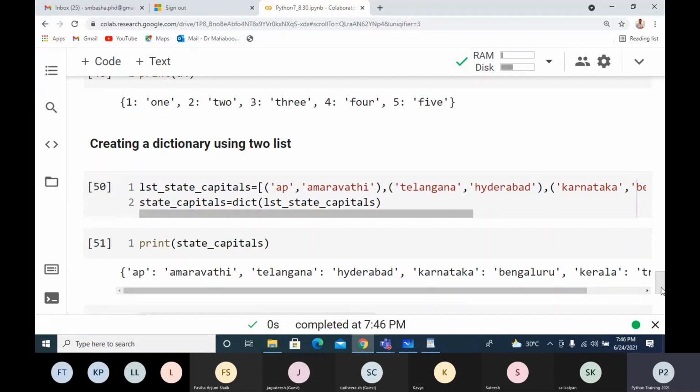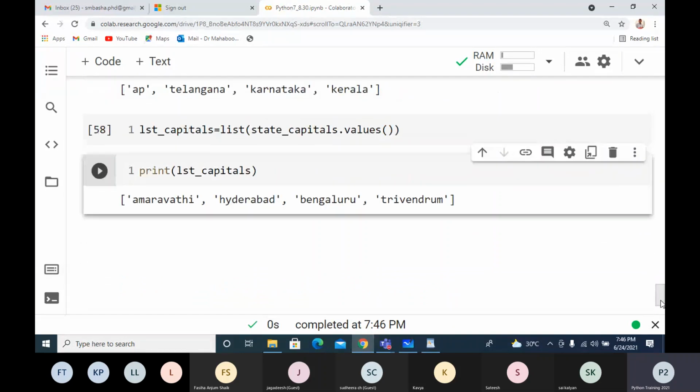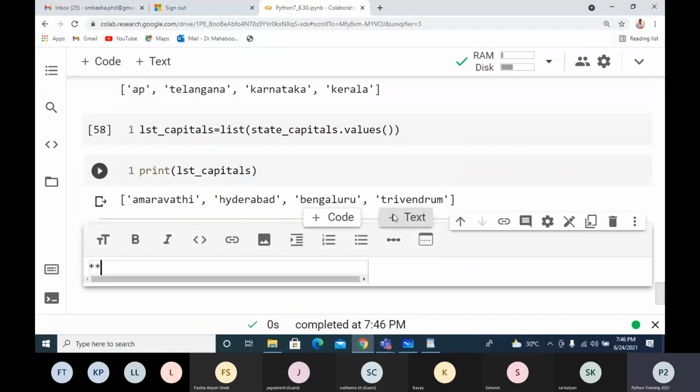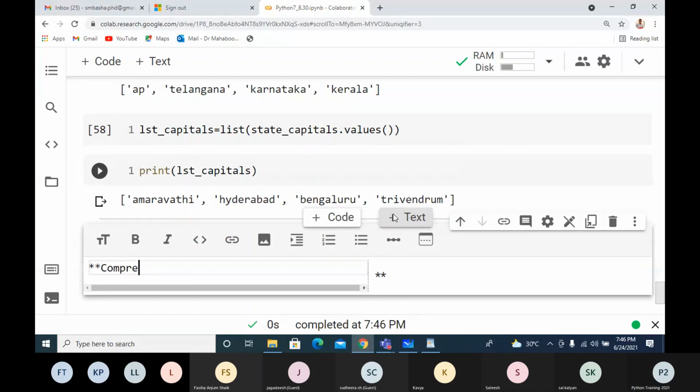So what I can do here is I'll use the comprehension, to create the dictionary from two lists.